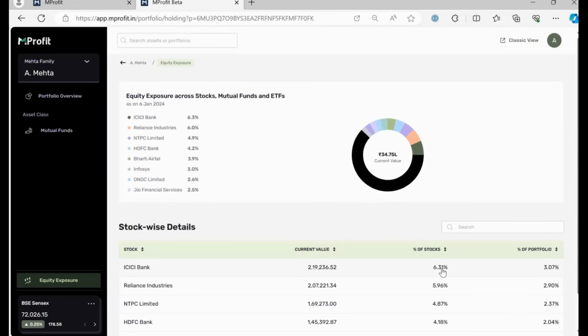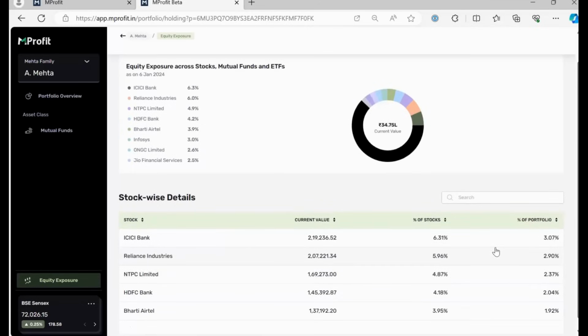And then you can see what percentage of just direct stocks is your holding in that particular stock. So if 6.31% is my percentage of stocks for ICICI Bank, it tells me that ICICI Bank is 6.31% of my stock portfolio, and it is 3.07% of my overall portfolio. And that includes my holdings in mutual funds and ETFs as well. So this is a new feature we've added.